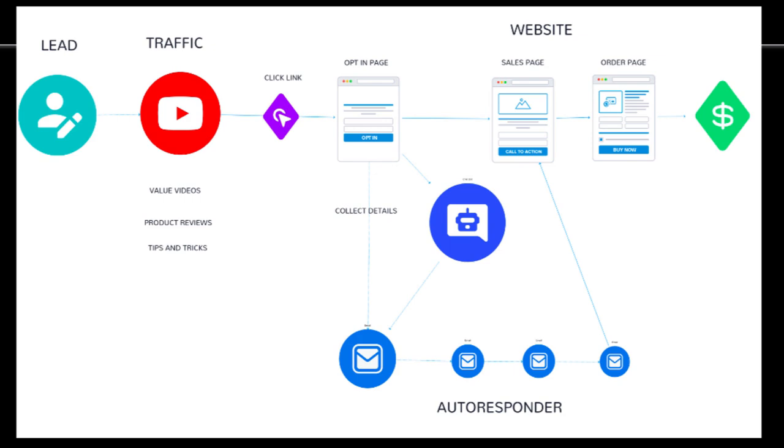Okay, so essentially that's where my chatbot comes in, and then they come into my autoresponder, and then I send them various emails, value emails, informational emails, and then occasionally I'll remind them of the offer that they had originally, and they'll come over to the sales page, hopefully order, and then I get my commission. So this is the way that I set up my affiliate campaigns, and the introduction of this chatbot has made